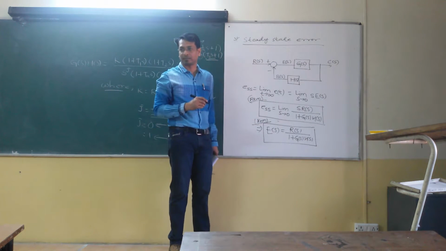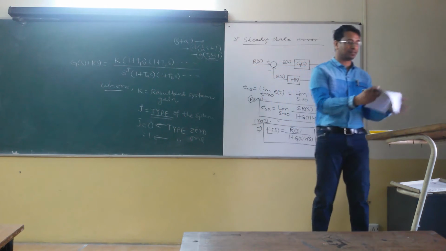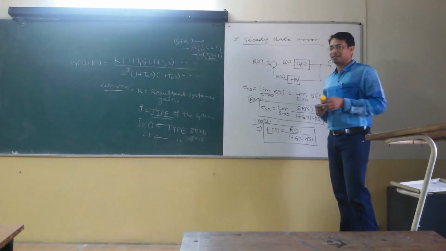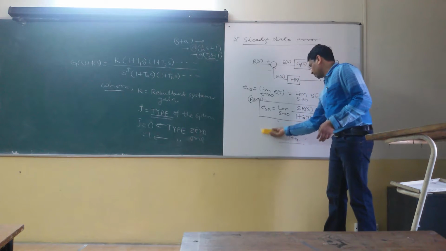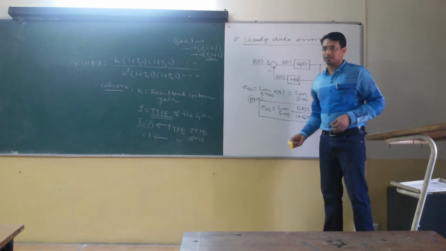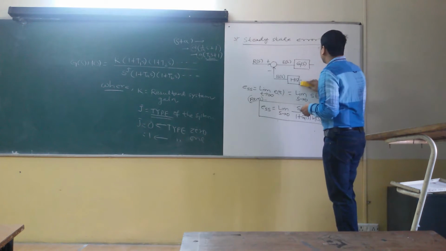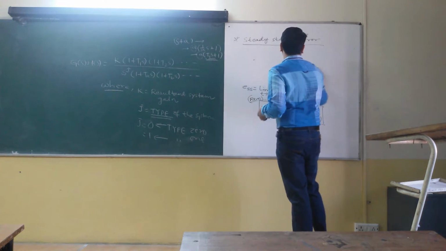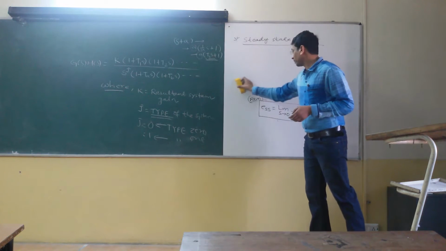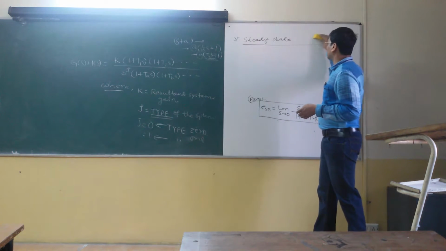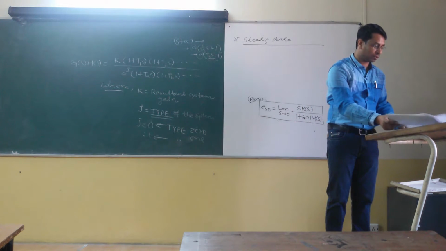Right? Time domain analysis has so many formulas. Correct? This one is another one. This is your steady state error. So now let us define the error coefficients. This is your master formula. We are going to define the error coefficients.